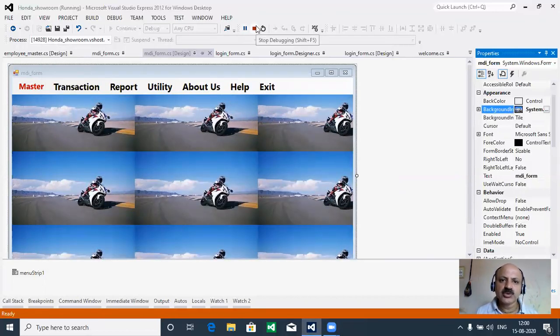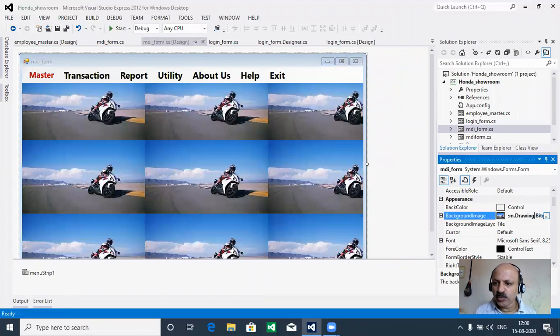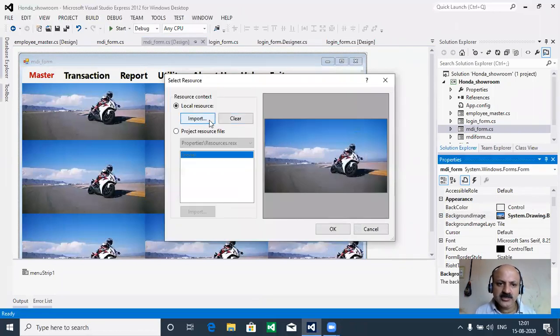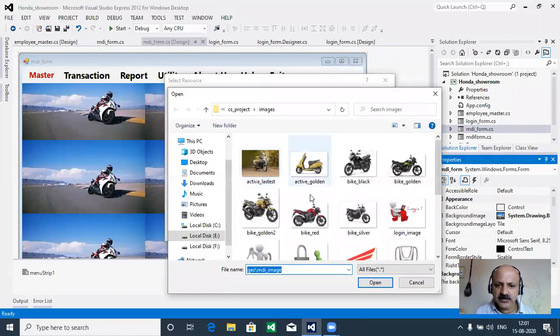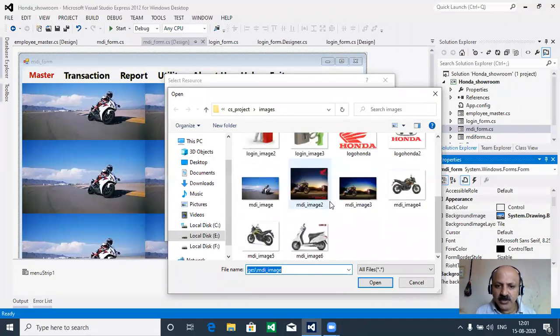So now I stop debugging, and let us check some image we have to change. We have provided one test, and now we can provide a second test. So here we can give according to our MDI. Let us take a simple white background. There are two or three possibilities. I am also trying just the first, that blue.